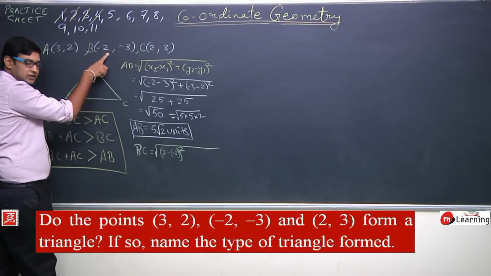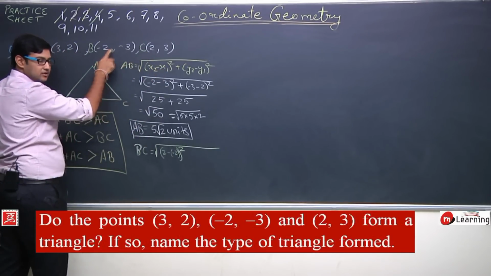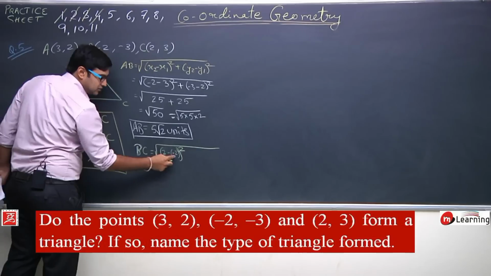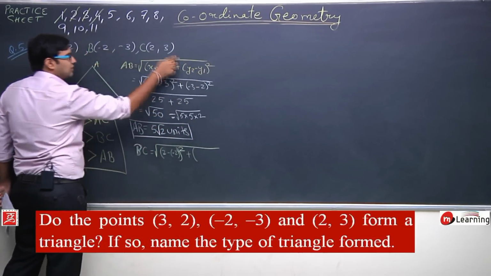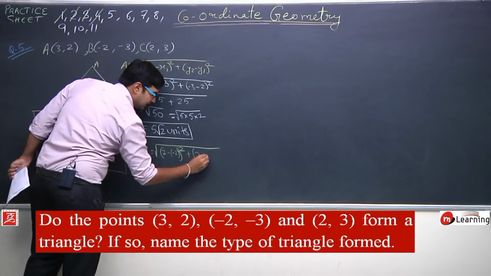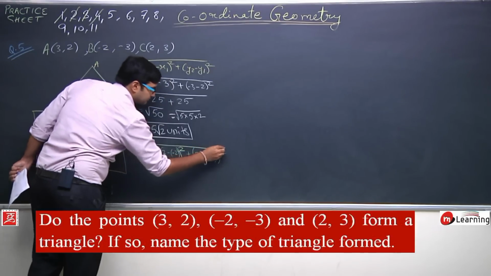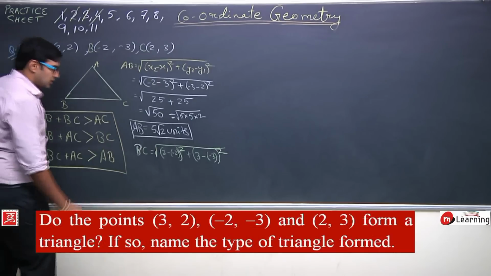This is x2 and this is x1. So 2 minus of this, minus x1. x1 is minus 2. So this will become 2 minus of minus 2 and whole square plus y2 minus y1. y2 is 3 and y1 is minus 3. So y2 minus y1, the square of this. Now solving it,